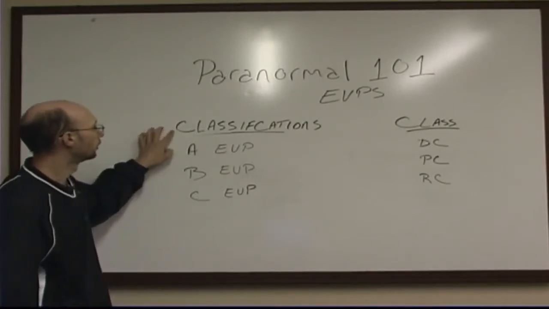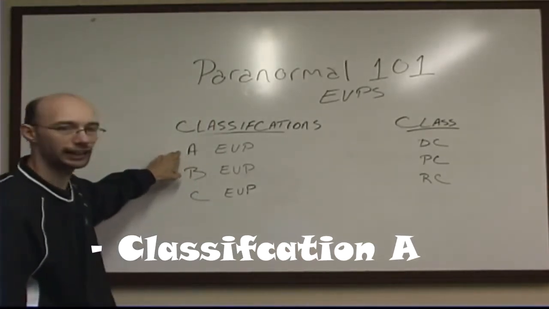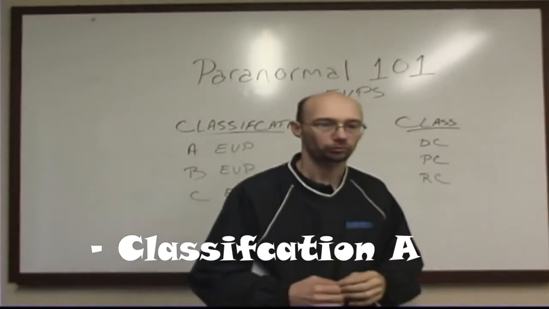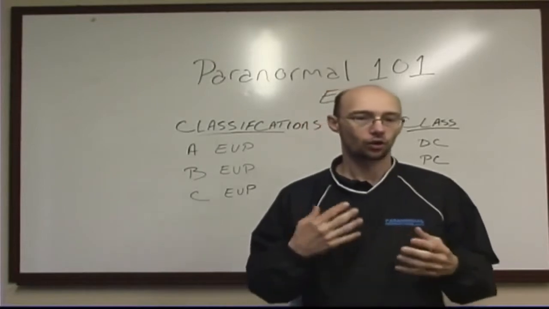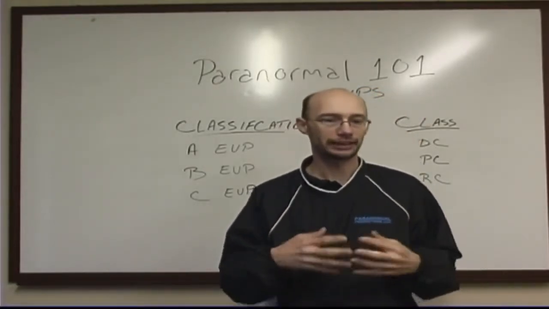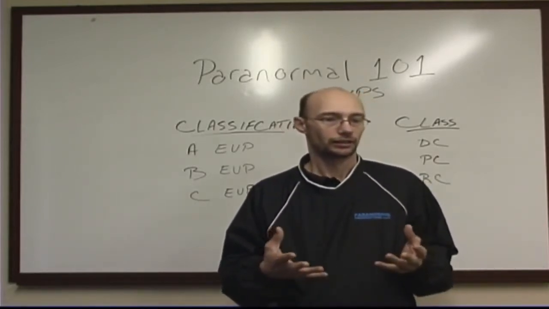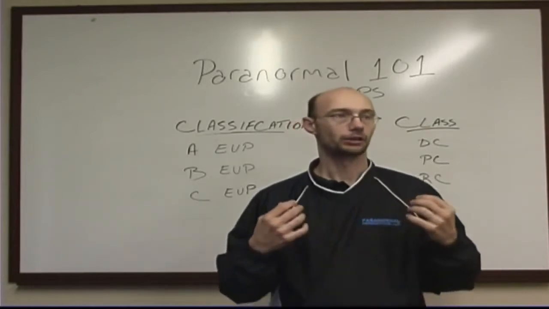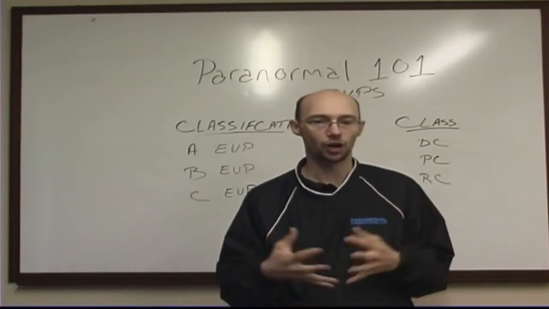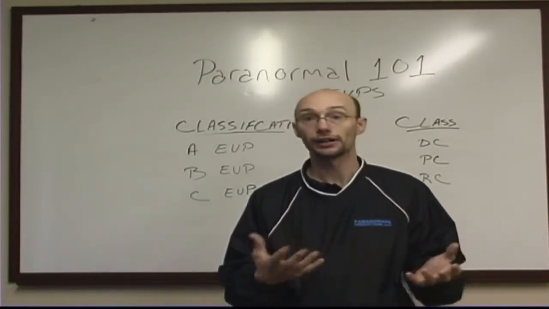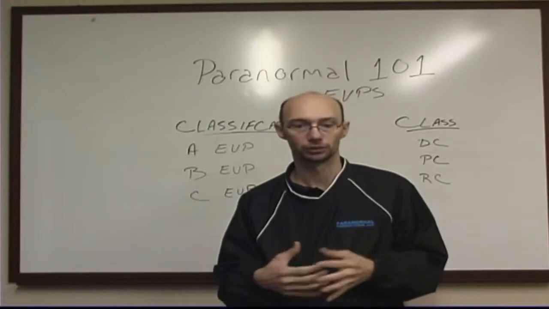Today we're going to be talking about classifications. We're going to start with classification A. Classification A is a clear and distinct voice or sound that can be clearly accepted and undisturbed, because we're able to understand it clearly, and everyone with normal hearing, without being told or prompted, knows what is being said,